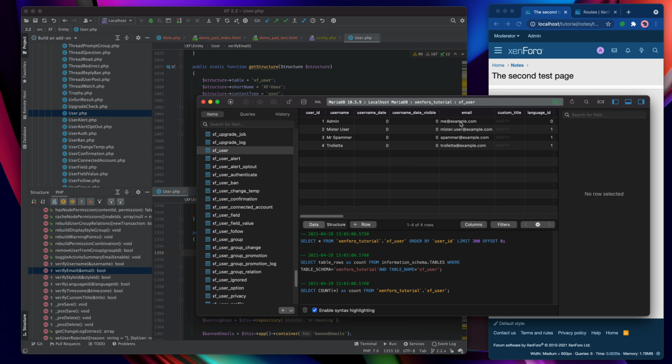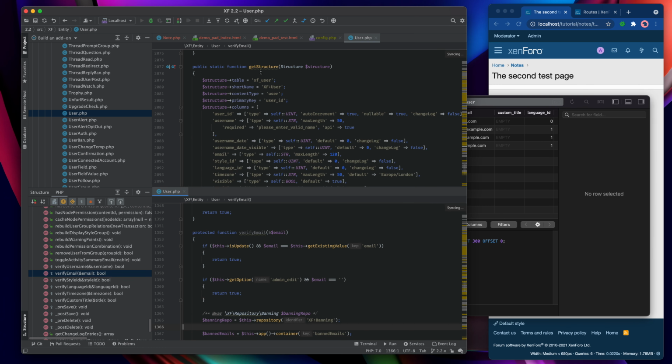Additionally, entities are self-aware in that they can describe themselves. They have a record of how they're built up. So you could take something like the email field here and pass it to the user entity as either the value for a new entity or an updated value of an existing entity, and it will look at its structure here and say that, okay, so email is a string and it has a max length of 120, and it will automatically make sure that the data is valid in that regard.